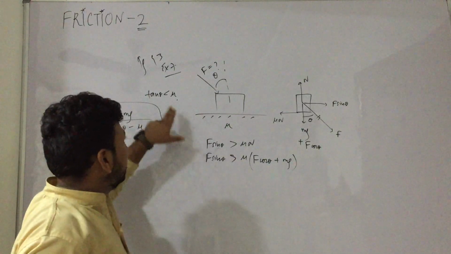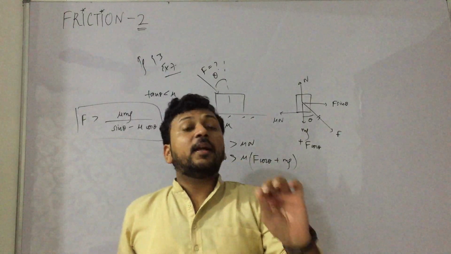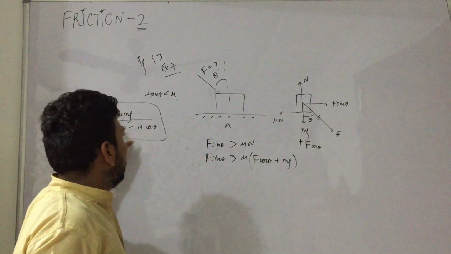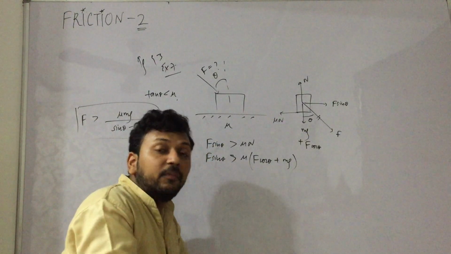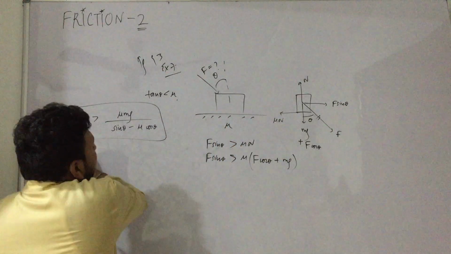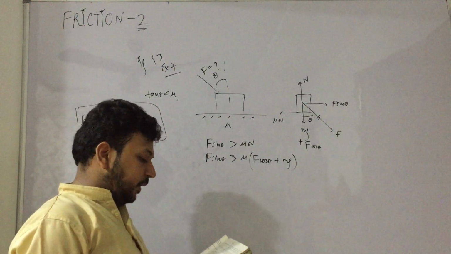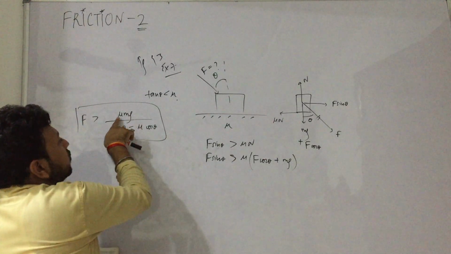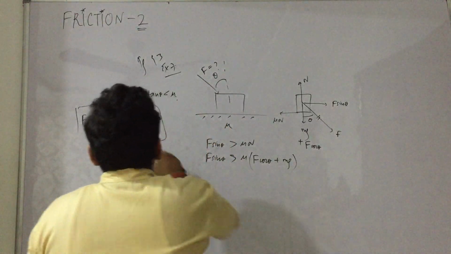Okay, now see, if theta becomes very less, you consider this part, the denominator, you make it 0, tan theta comes out to be mu. And if tan theta is less, that means sine theta is less, the denominator becomes negative. That is the case when theta is so less, we are pressing it downwards and it will not move at all. Yeah, so this is the case. I am erasing it, and this is the answer. Let us check it also. Yeah, so this is the answer, and this is dimensionally correct. Mg dimension is force, and we are calculating force. Okay, yeah.